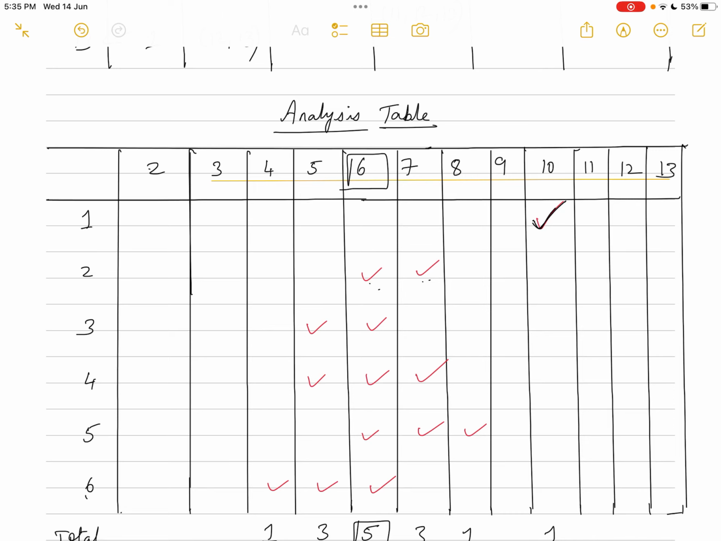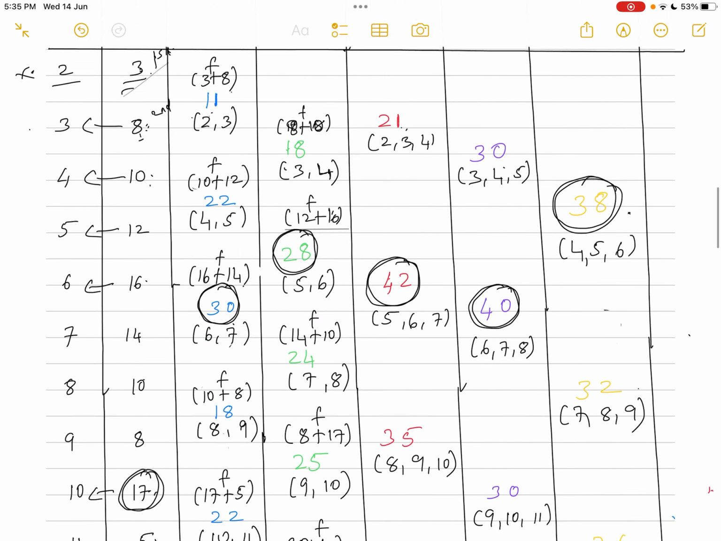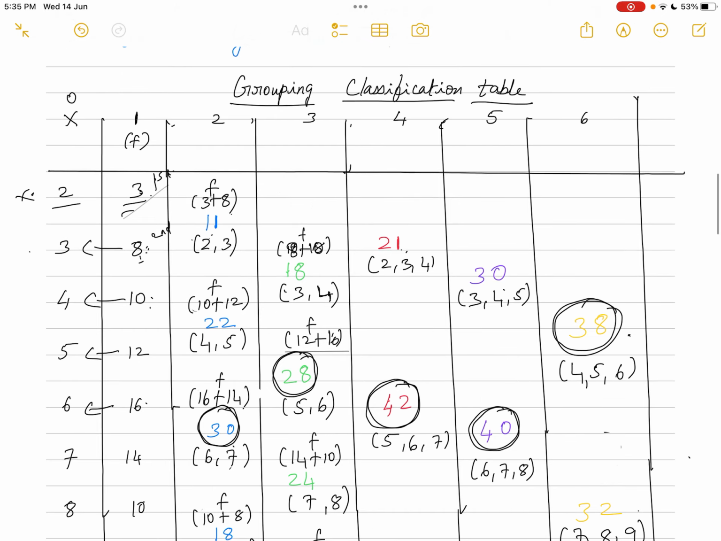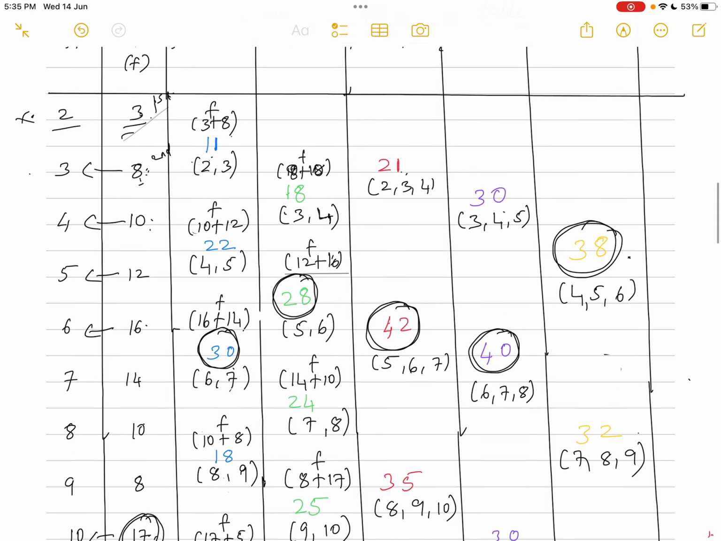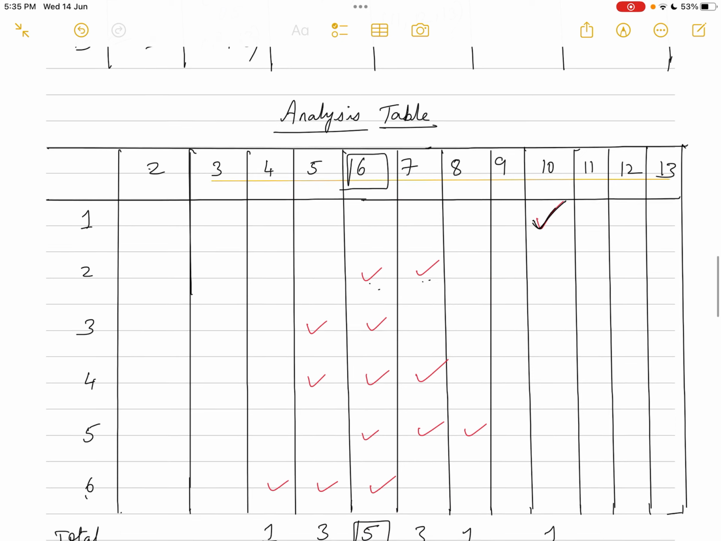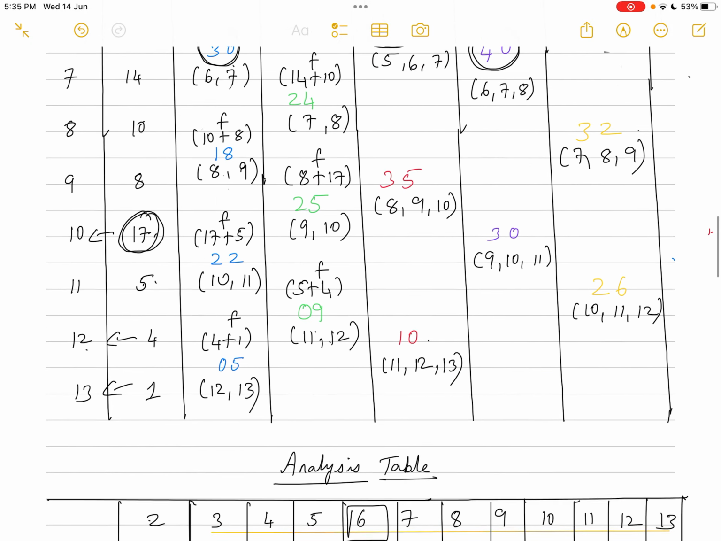And then in column 4, 42 is the highest, which is 5, 6, 7, isn't it? So you put a tick mark against 5, 6, 7 in column 4. Okay, and in column 5,